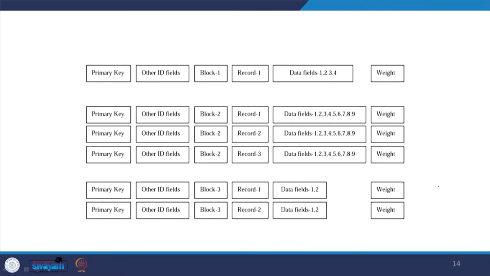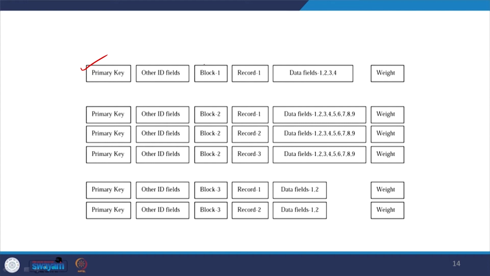If you look at the screen very carefully, the information is given like this. We are referring to the latest NSS data set, and the initial information is given as the primary key. I will show you in the respective file on the page. Primary key, then with their space-defined location, the other ID fields, as I just mentioned a couple of minutes back, that this is also important for merging,